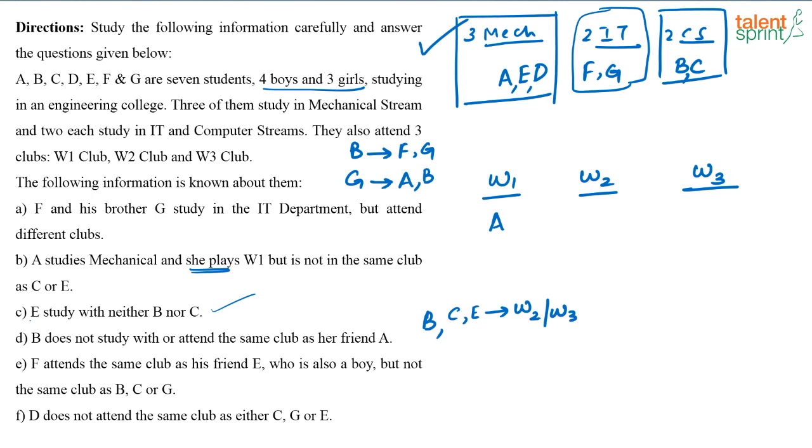F attends the same club as his friend E. So F and E belong to the same club. Okay, E who is also a boy. So the other boy in the group is E, but not the same club as B, C or G. So if F and E are in one club, let's say W2 or W3, any one club,